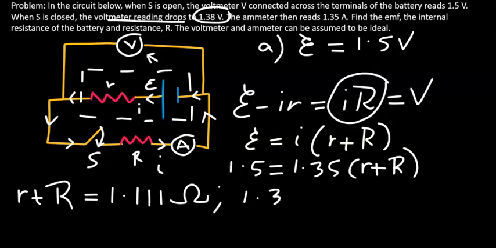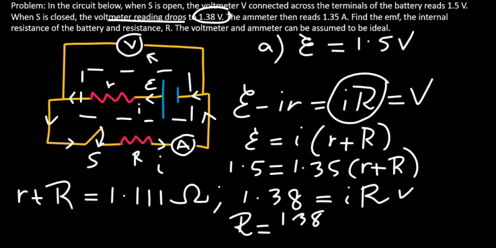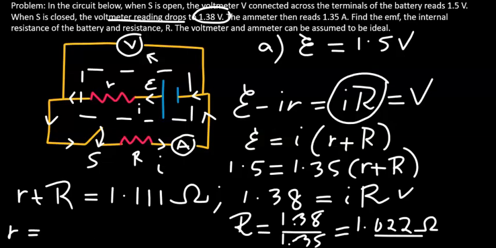So using that information, 1.38 equals the current times capital R, from which you can solve capital R. It's 1.38 divided by the electric current, which is 1.35. And that's going to give you 1.022 ohms. Having found capital R, we can determine the little r, or the internal resistance of the battery, from